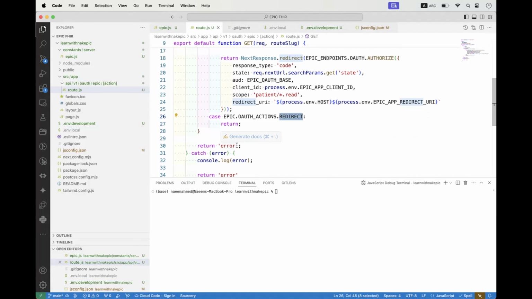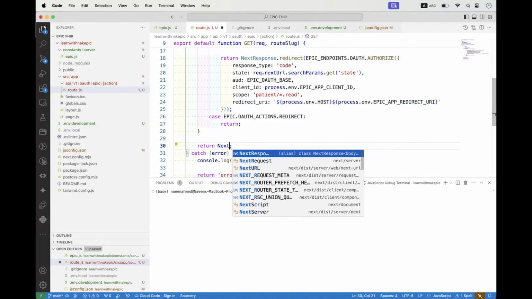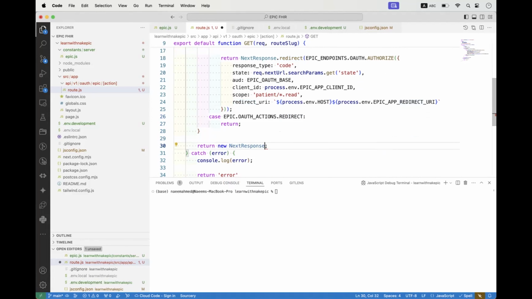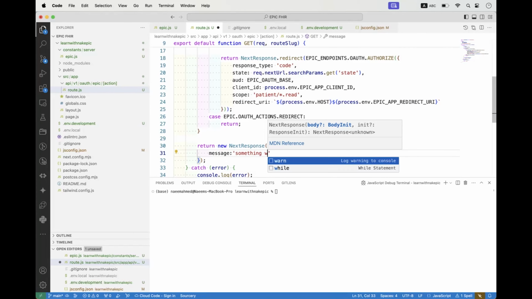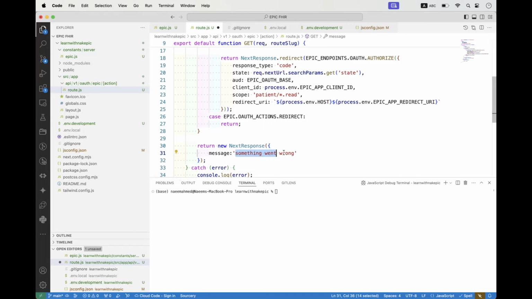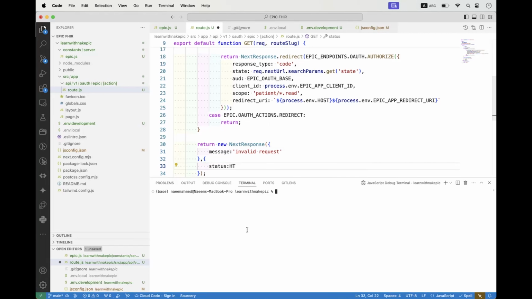Okay, but before that, I think we need to just send back the response. So this will be new NextResponse, and the body will be message: something went wrong. You can say invalid request. Okay, and the status code, HTTP status. I think we need to add